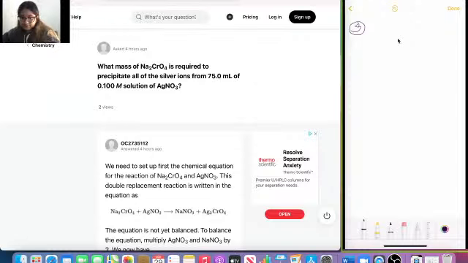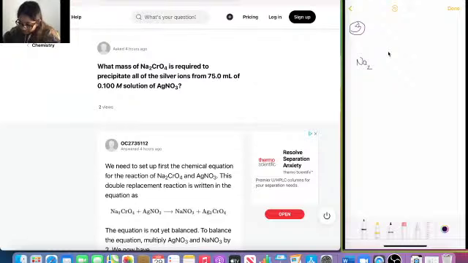Okay, so first of all, let's set up a chemical equation for the reaction of these two compounds. And so this would be a double displacement, right? Because we have basically two different compounds reacting with each other. And so we can write this as